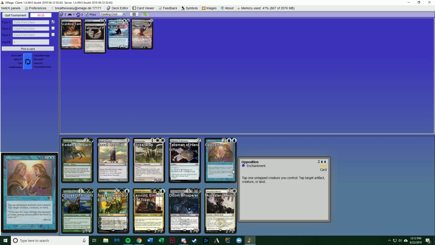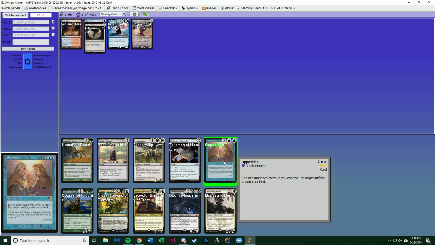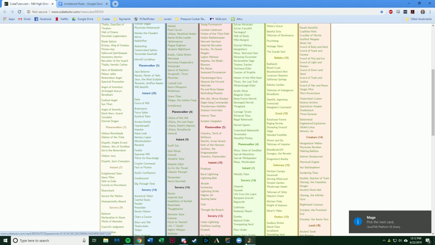This Opposition's really good. Opposition just lets you lock out your opponent. And if we get a bunch of artifact token makers, it can be pretty potent. So we're going to take the Opposition. Like if we get a, let me pull up the list again. If we get a Tezzeret and just pump out 1/1s every turn,